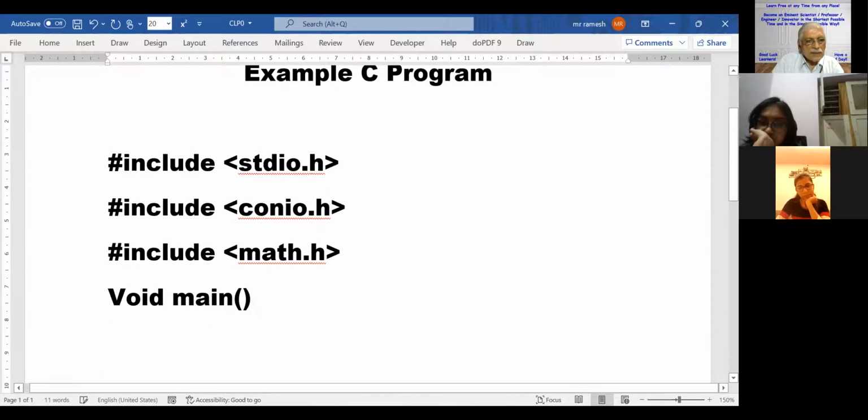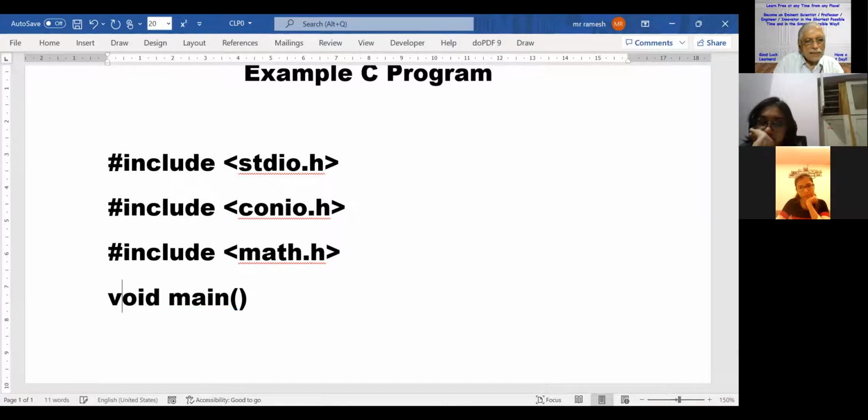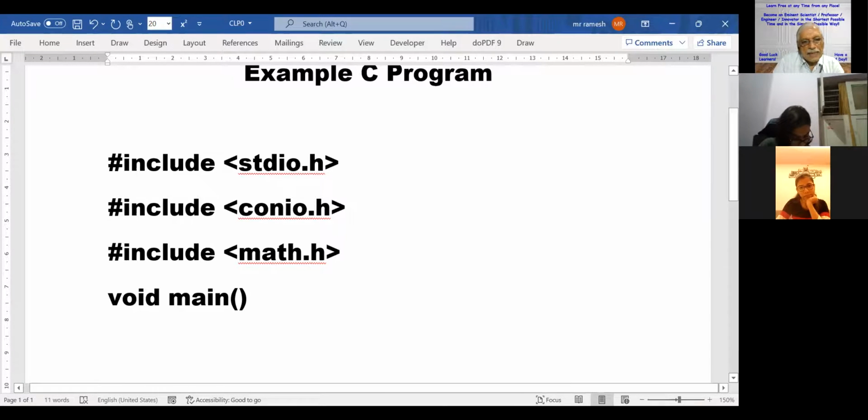Another system, instead of the void here, it will say it requires int. So it depends on the compiler. Depending on the compiler, this we will be changing. If you say void here, see, I told you while explaining the square root function and POW function, there POW